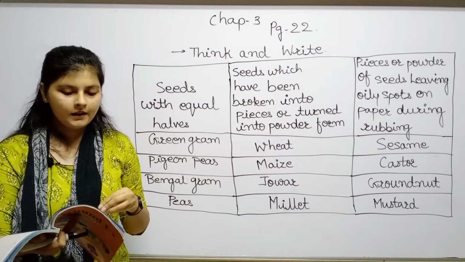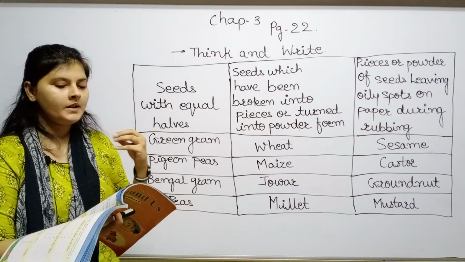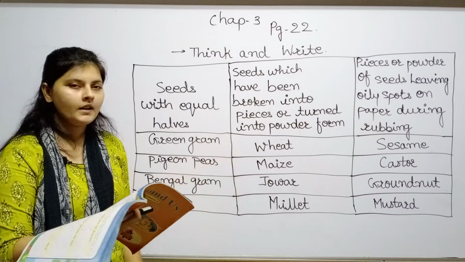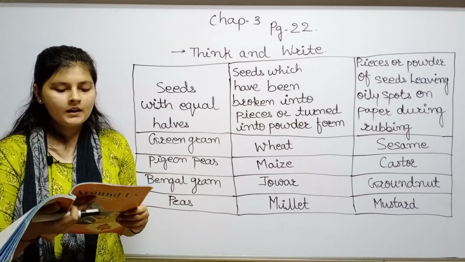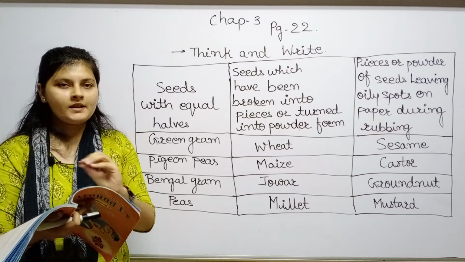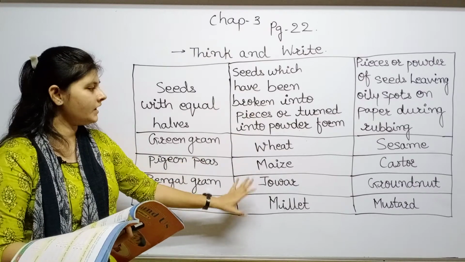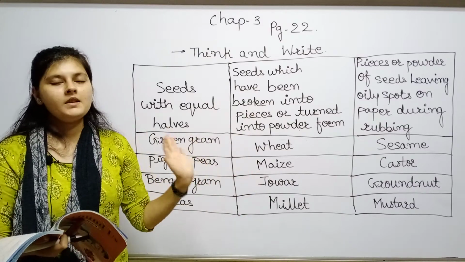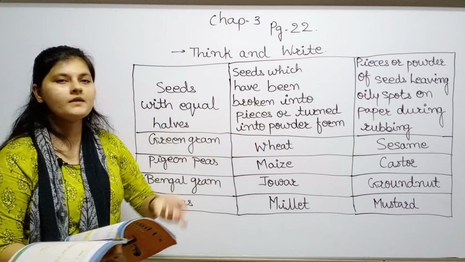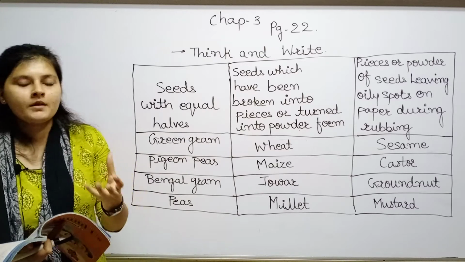So you just have to collect the seeds like bean, then green gram, pigeon peas and grams, and the grains, that is wheat, maize, right? And what you have to do is perform the following experiment on the seeds. It is very easy, you don't need any kind of tool, you don't need anything, you just need the seeds. The seeds you see here, the same seeds will be in your home. If you don't know, you can ask your mom, like do we have sesame or not, like til, right?